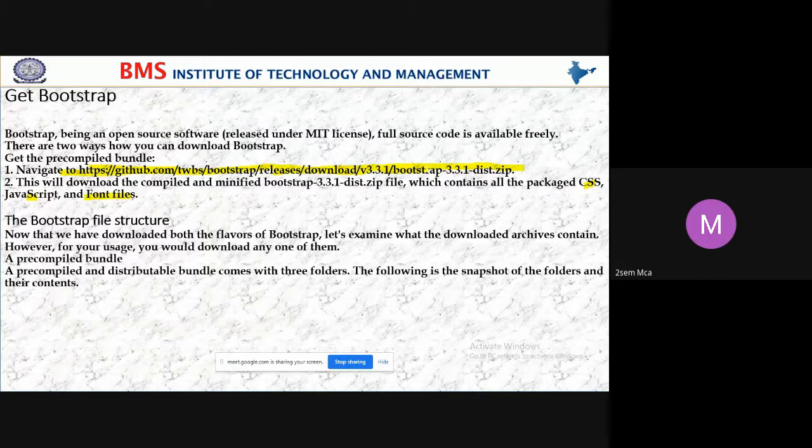Once you download, you will get a zip file containing three folders: CSS, JavaScript, and font files. Next we have the Bootstrap file structure.